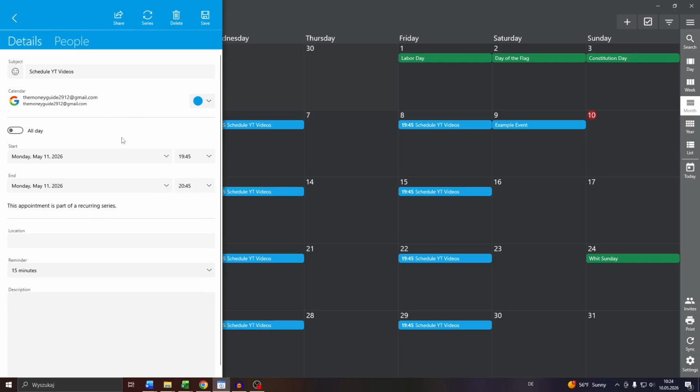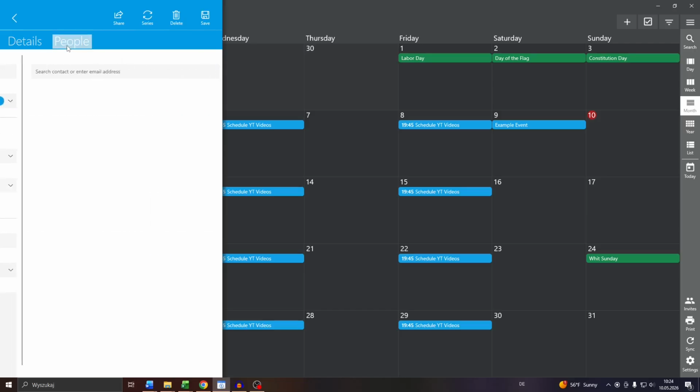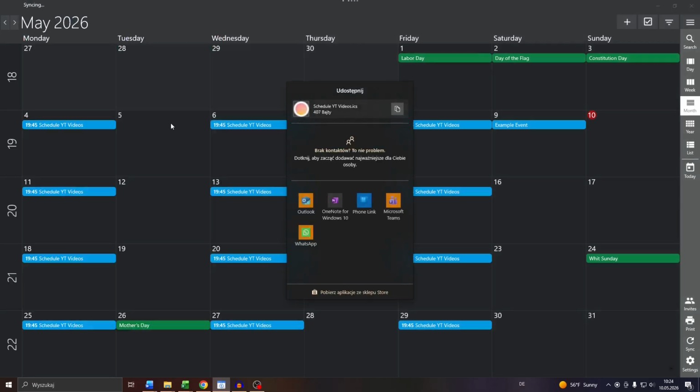And here, guys, you will have two options for how to invite to the given event. You may click into people here and then enter the email address of the invitee and send the invitation by clicking into this button, or you may click into share here at the top. And then what you want to do, guys, is use one of these plugins here, for instance, to send the invitational link to the given